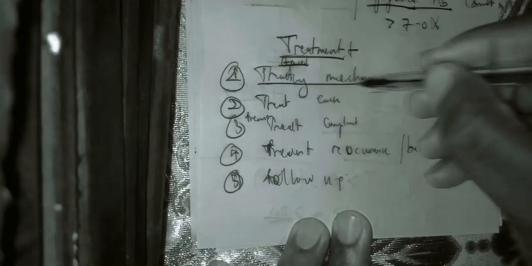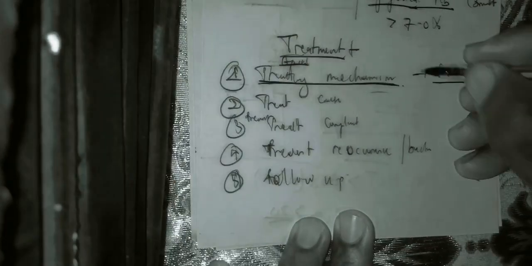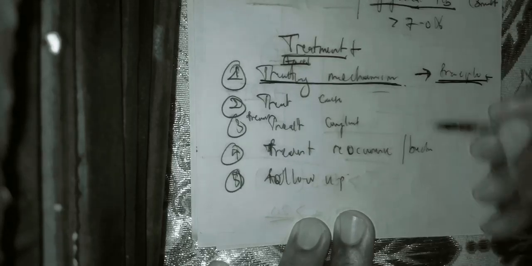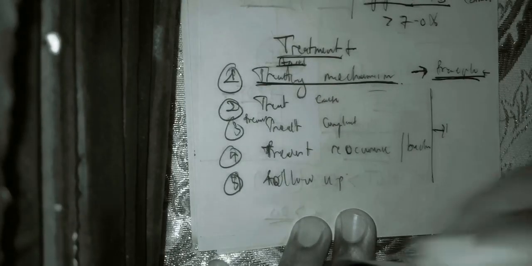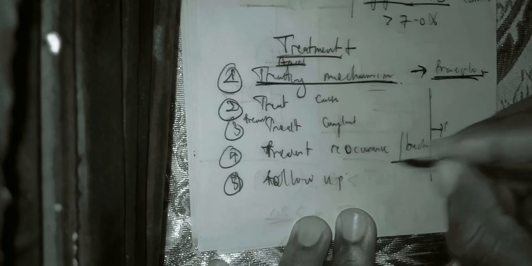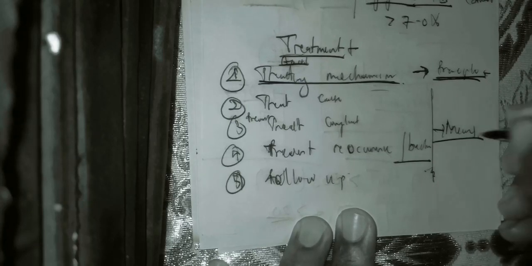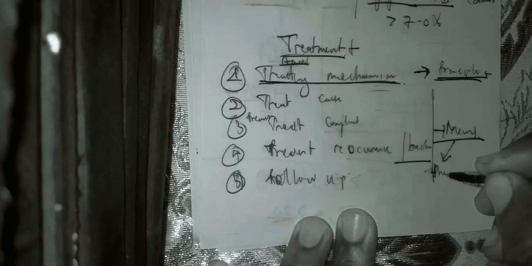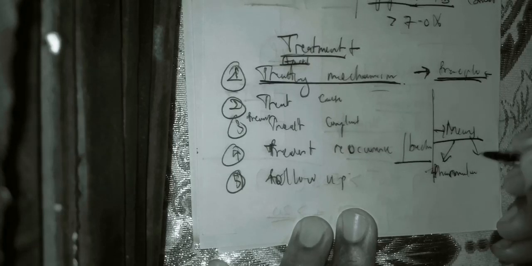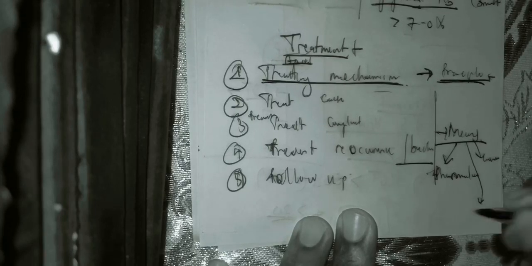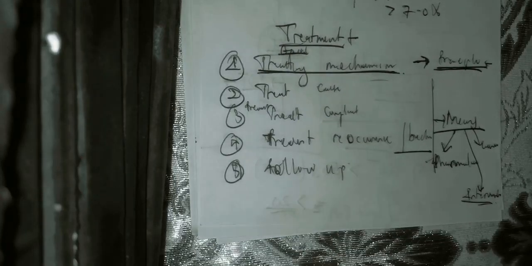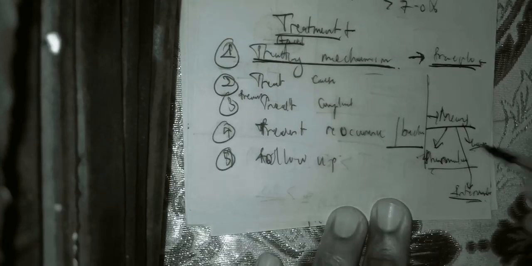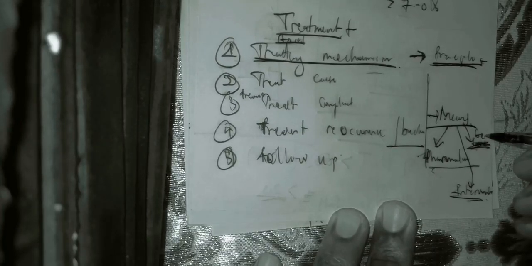Is it clear? So you treat the mechanism of the disease, you relieve the symptom by treating the mechanism of disease by using the principle of management. And for all the other ones, treat the cause, prevent or treat complication, prevent recurrence by treating the background, and the follow-up, we now use the means of treatment. The means of treatment can be pharmacological, general, or interventional. Interventional can be surgical or radiologic intervention. Pharmacological is medical management, and general are the general means that you use.